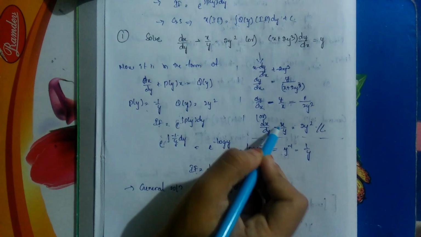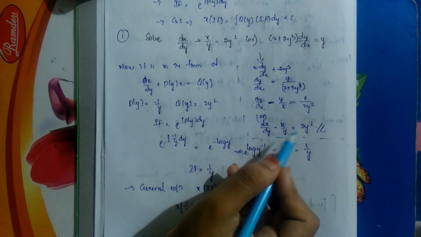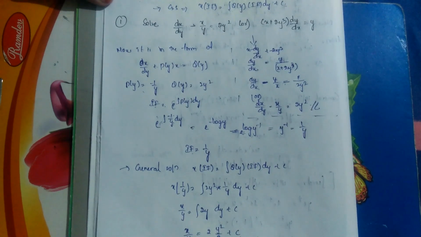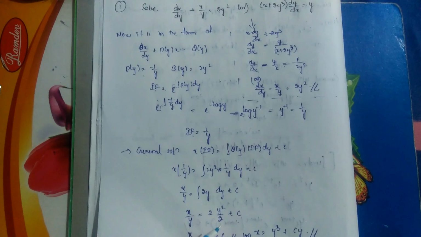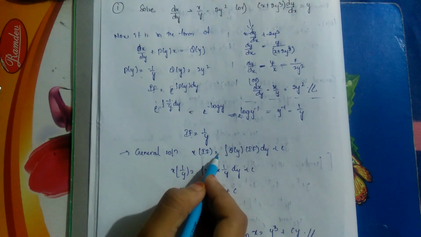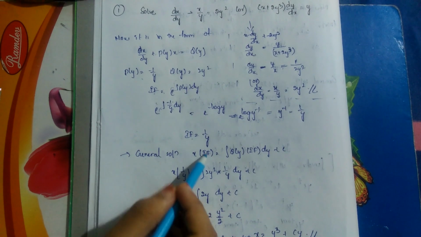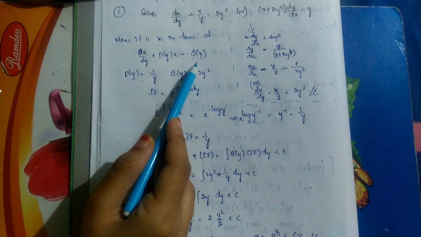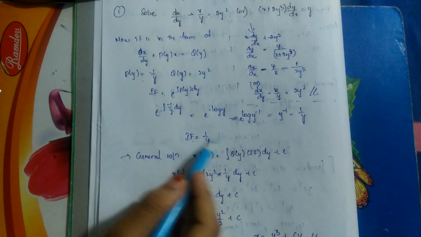Now this is in the form of the question. So dx by dy minus x by y, where p of y is minus 1 by y, and 2y square is the q of y. Now that we have the integrating factor, we have to find the general solution. The general solution is x into integrating factor is equal to integration of q of y into integrating factor dy plus c. So x into 1 by y is equal to integration of q of y, which is 2 into y square, into integrating factor 1 by y,